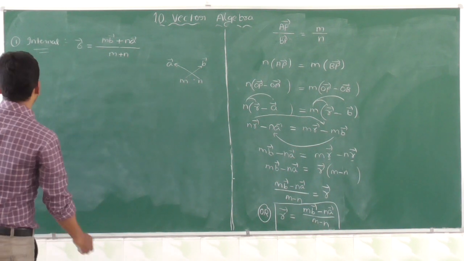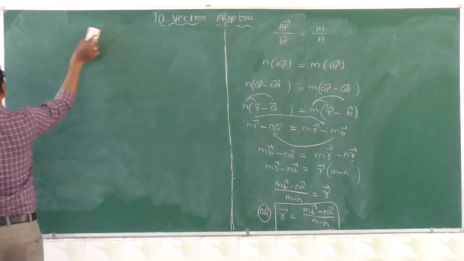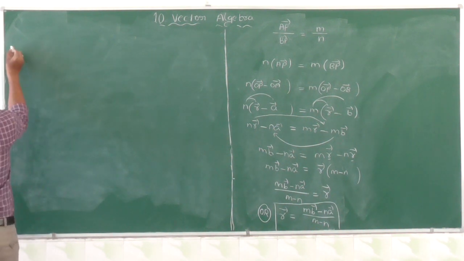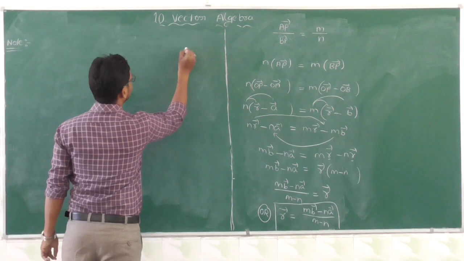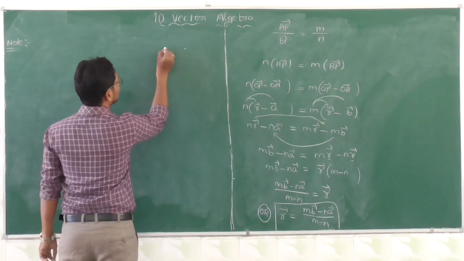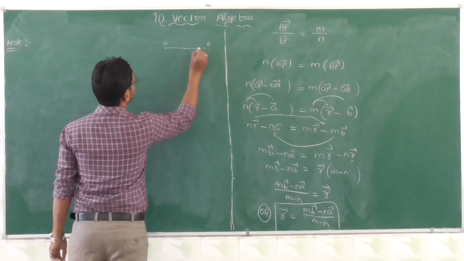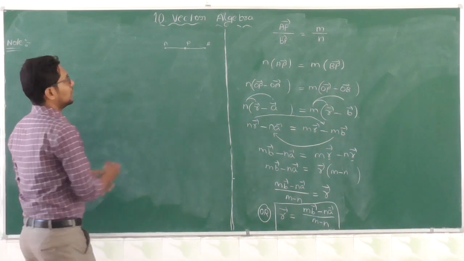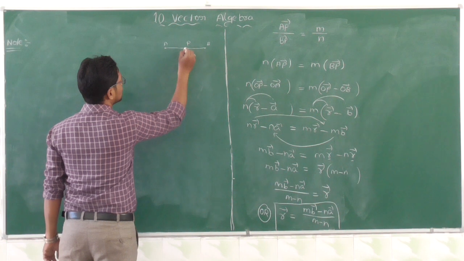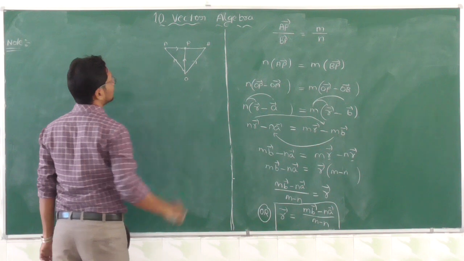Now, in this section formula, we have a note point. Kindly note down. Suppose here we have the diagram for the internal case. It is the point A, it is the point B, AB is a line segment. Let P be any point on that line. It is the origin, and all these are position vectors: OA vector, OB vector, and so on.